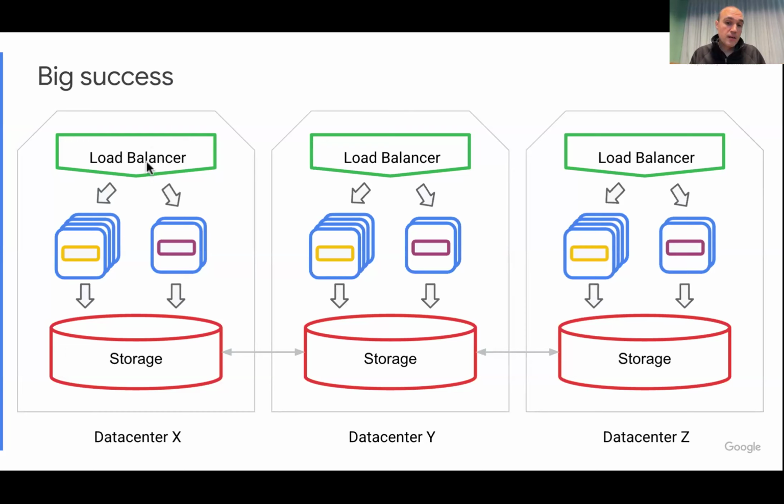So first, you have a load balancer per cluster or per data center. Fantastic. This is a single point of failure, but you can mitigate it in another way. If the load balancer, for example, in data center X is out and this data center goes out, you can redirect traffic to another data center. Okay, good. That's something we do in many services at Google anyway, and it's a common practice, right? Fine. So you can have a simpler load balancer setup, and you can have resilience that way.